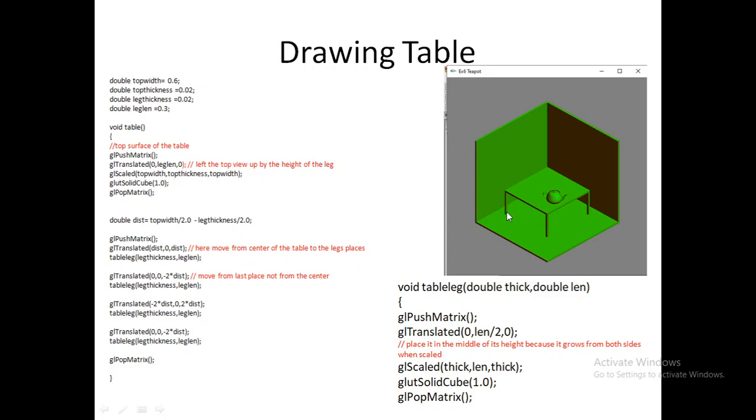Now from this table you have to draw these 4 legs, correct? But only 3 are visible. Actually in the program we have drawn 4 legs. So you can see the value here. We are just calculating the distance. So the distance value, you can apply approximately 0.02, something like that it will come, or you can directly assign the value also.